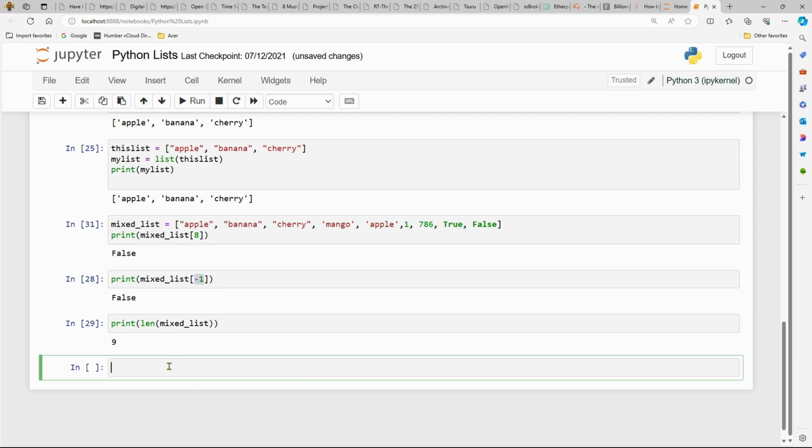Now Python also supports finding a range of elements. So let me bring up the list, mixed underscore list, and I want to find out from that list what are the elements starting at, let's say, index 2 and all the way up to index 5. One thing to note is that it will start at index 2, but it will stop at 5 minus 1, so one less than the last number here. So when we run that,